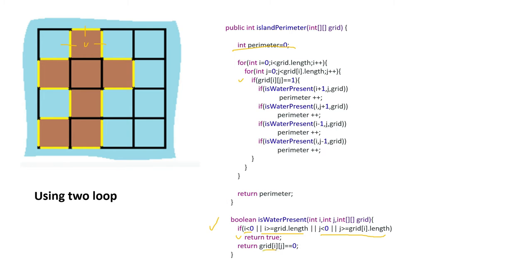Or if grid[i][j] equals 0, that means water is present on that side. At that time also we can include it as a perimeter. So in either case, we have to do perimeter plus plus. And at the end of the loop, we will have calculated the perimeter and we return it. So it is a simple solution, with O of m n time complexity. But our intention is to find it using DFS, because we want to practice DFS, right? So if on an easy problem we apply DFS and get the result, then we also feel comfortable using DFS techniques, right? So next we will see the solution for DFS.